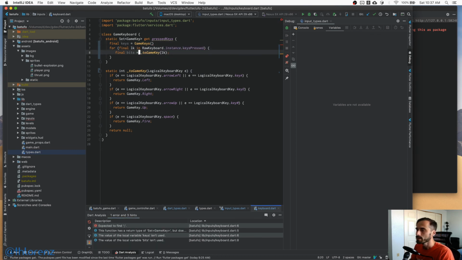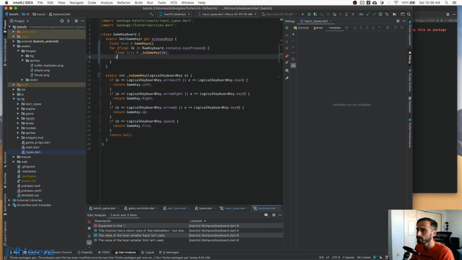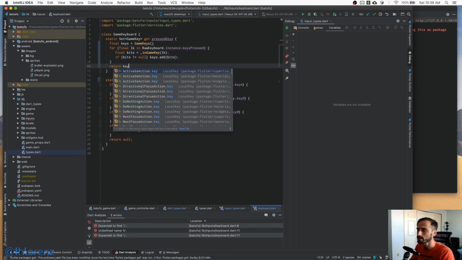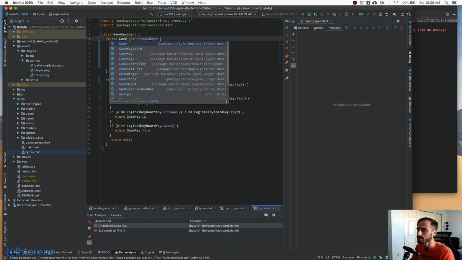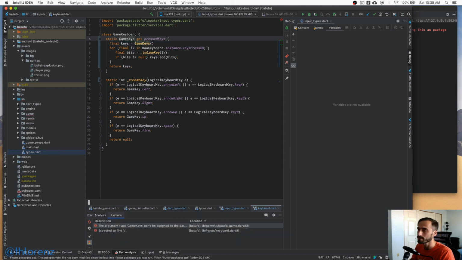Okay. So then we get the bits, and then basically what we're going to do is add, if the bits are null, that means it was a key that it knows. Then to the keys, we add the bits. All right, and so then at the very end we return our keys, which are now game keys, no longer a set because they're already kind of like a set, right? They're already encoding all this information that would normally be in a set. And so now,